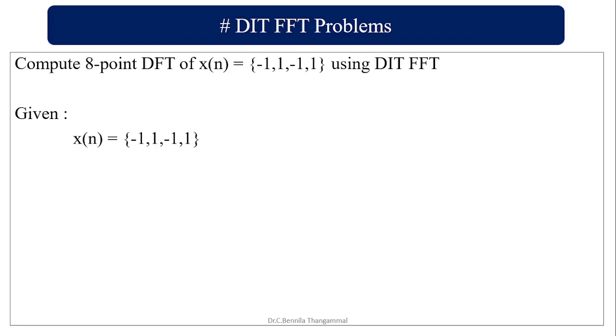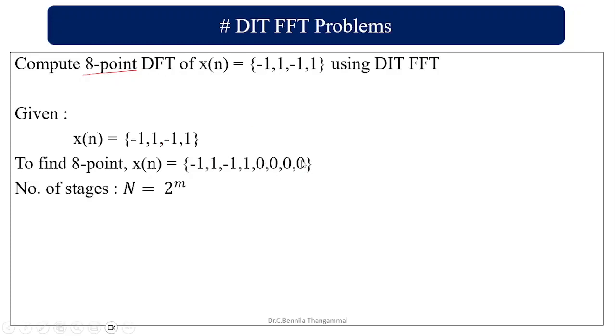So here we are supposed to calculate an 8-point DFT, so your input should have 8 values, but it has only 4 values. So the 4 other values can be appended as zeros, right? So how many values should your input have? It should match 8, otherwise you have to pad it by appending zeros at the end.